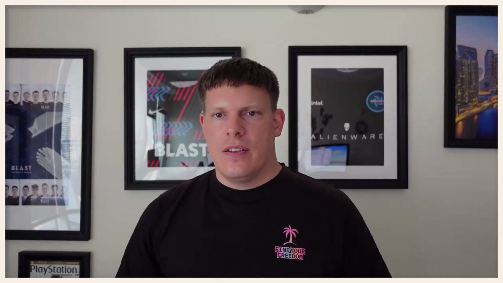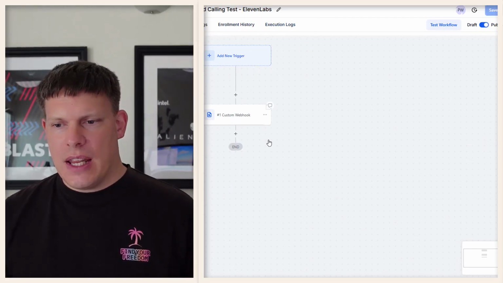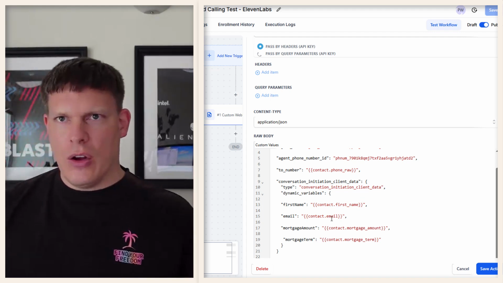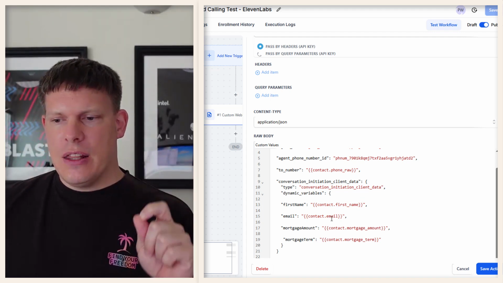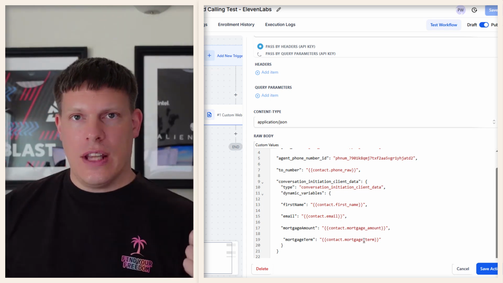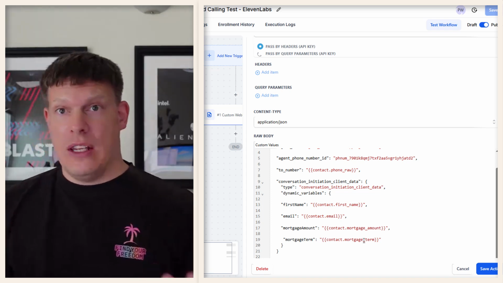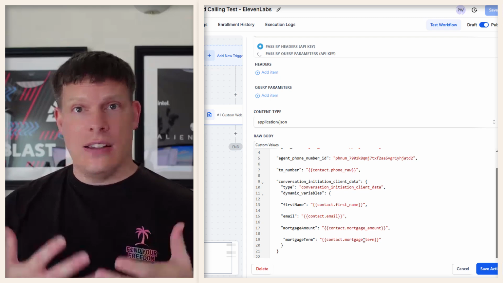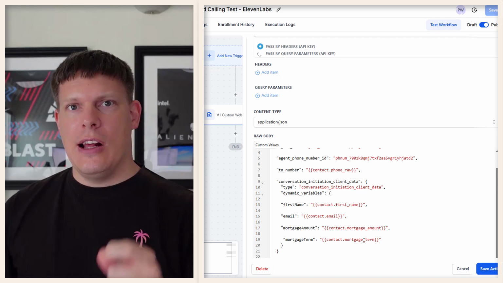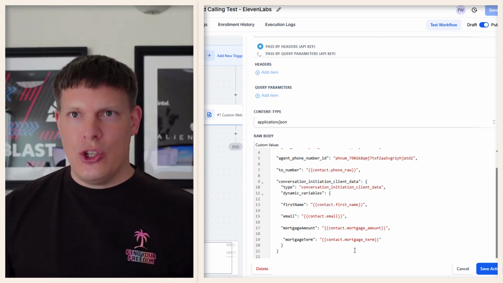So you can see there, I've got it set up. It's asking the questions, but because I had in the custom webhook, I'm sending across the name, the email address. So if I carried on the call, we could have done the back and forth and got it to confirm my email address. But I was sending the mortgage amount and the mortgage term because I already had those values on the contact record. So that's where it was asking me. It's like, I've got details of $2 million and 10 years. Is that correct? It's asking me because I was able to send those details through in this code to ElevenLabs